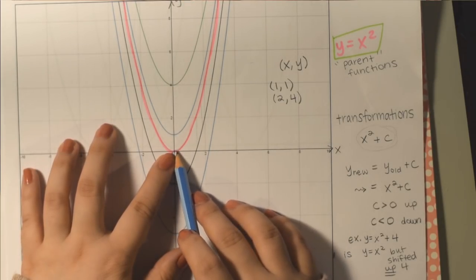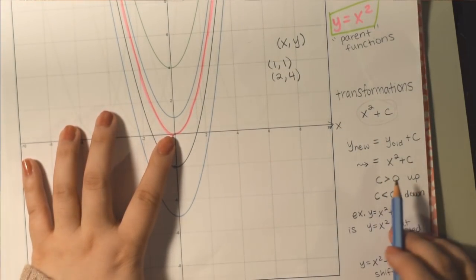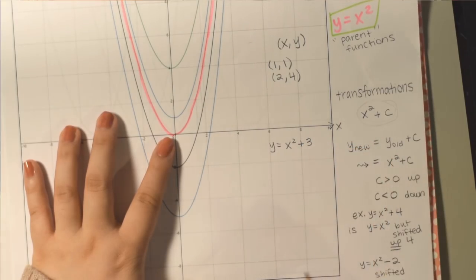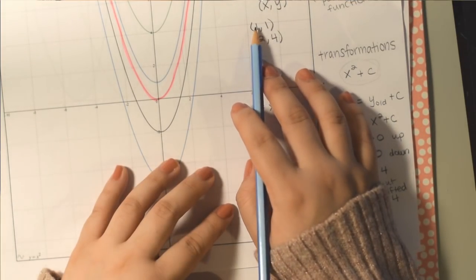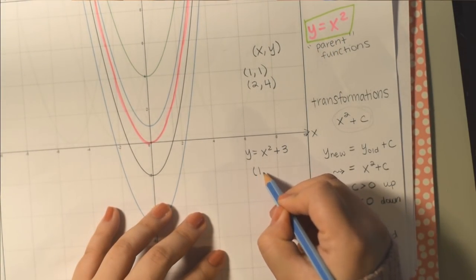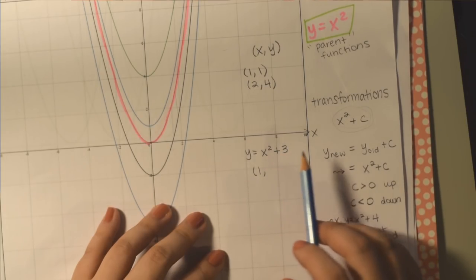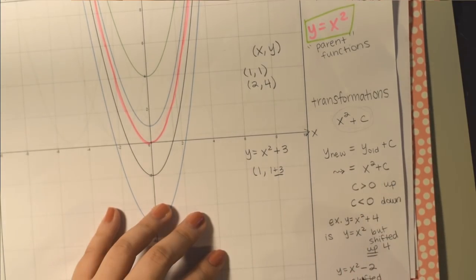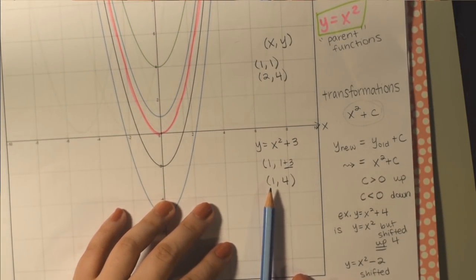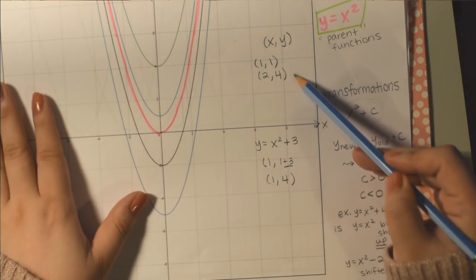So 1 comma 1, 2 comma 4 right there on my original. But if I have a new function, say y equals x squared plus 3, then what was 1 comma 1, an input of 1 and an output of 1, I now have an input of 1 comma, and then I have my 1 squared, which was 1, but I'm also adding 3. So it's almost like this 1 plus a 3, meaning 1 comma 4, right? So what was 1 comma 1 is now 1 comma 4, like the equivalent, right? So what I did was I shifted the y value up 3